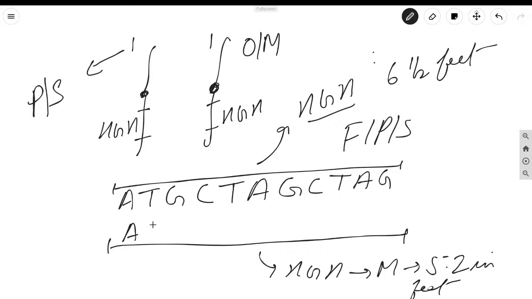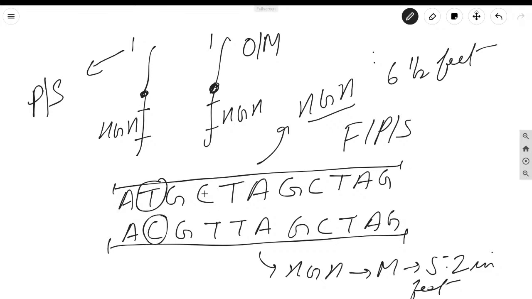Suppose this is the difference. On the second position you have T here, you have C here. Fourth position you have C here, you have T here. Rest all are same. So these are the two single nucleotide polymorphisms, two variations, right, which will cause the protein,